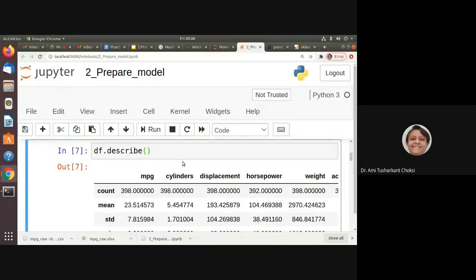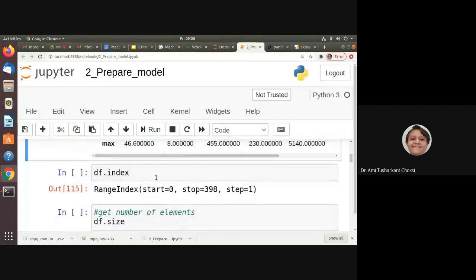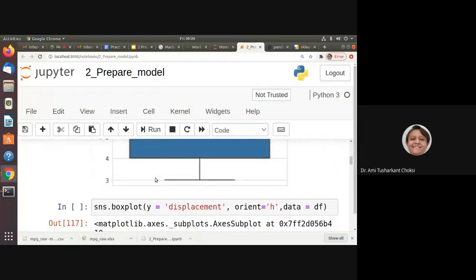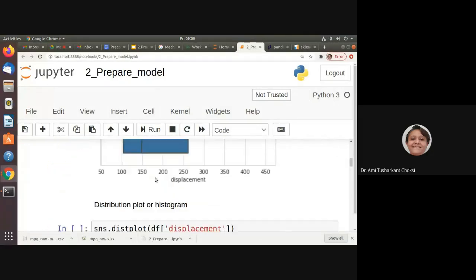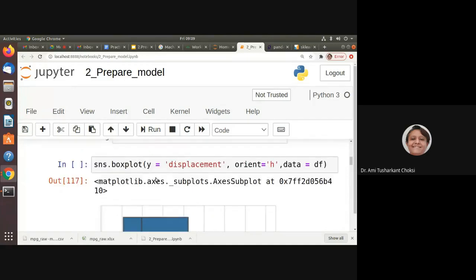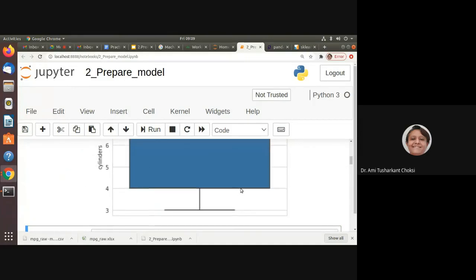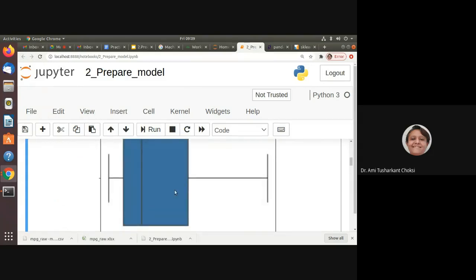This description is known to us, and the range index is not required just now, so we will not run that. Through the box plot also, we can get an idea whether outliers are there or not. We see here, is there anything outside the range? This is the minimum value, this is the maximum value, the middle one is the median, this is Q1, this is Q3.